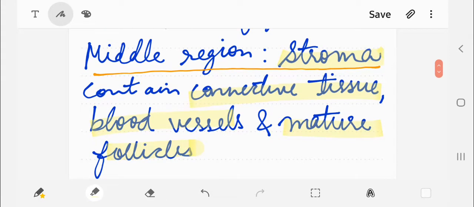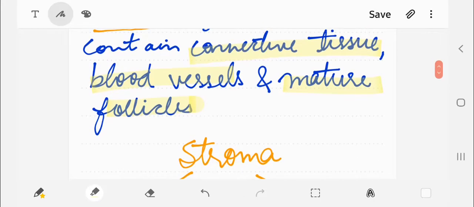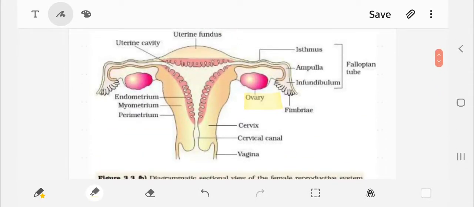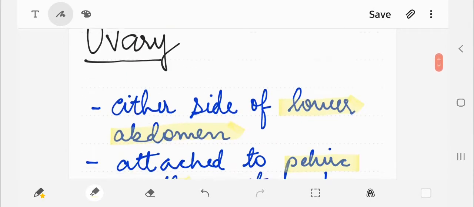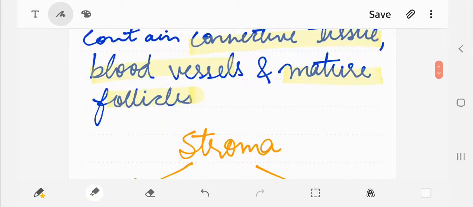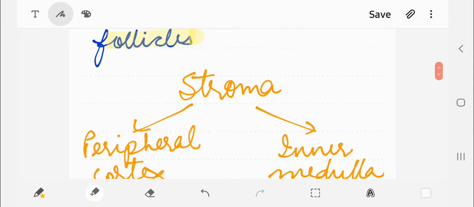In the diagram you can see the ovary attached with the ligament, called the ovarian ligament, and in the center we have the stroma,